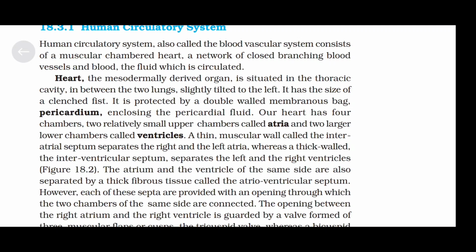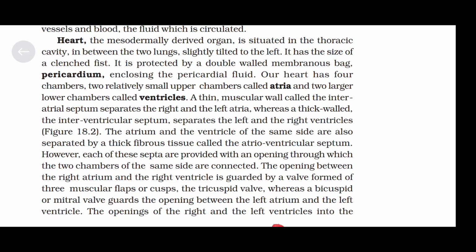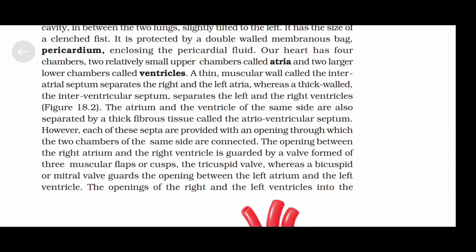Our heart has four chambers, two relatively small upper chambers called atria and two larger lower chambers called ventricles. A thin muscular wall called the interatrial septum separates the right and the left atria, whereas a thick-walled interventricular septum separates the left and the right ventricles. The atrium and the ventricle of the same side are also separated by a thick fibrous tissue called the atrioventricular septum. However, each of these septa are provided with an opening through which the two chambers of the same side